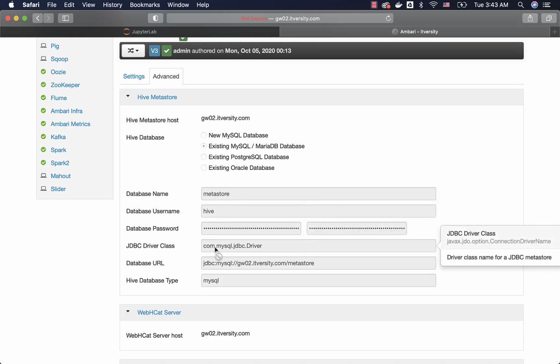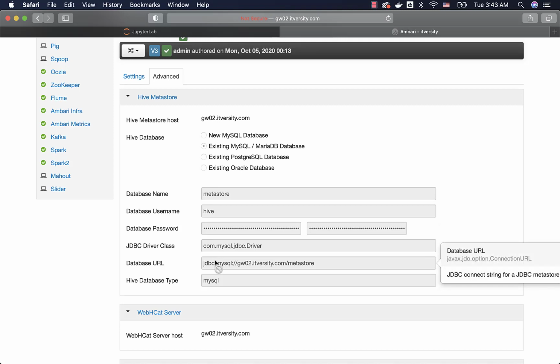This is one of the valid properties, javax.jdo.option.connection.driver.name. Similarly, javax.jdo.option.connection.URL. Again, this is generated by Ambari. Ambari reads the properties files and presents them in a more readable format. The actual properties are JDBC driver class, database URL, username, etc.